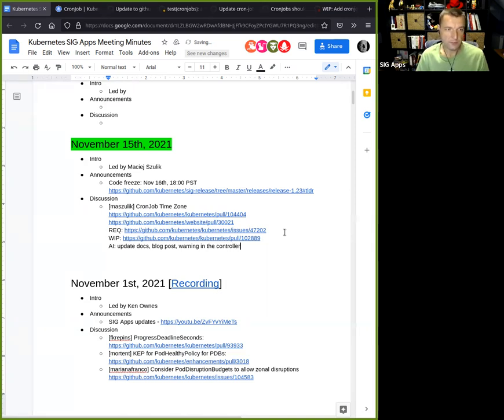I'm not hearing any objections, so I'll probably go with that, and I'll make sure that this lands before we hit the code freeze tomorrow. I'll also make sure that this warning goes back into 1.22 as well, since that's the version where this was exposed, and the same will apply for docs. And then I'll try to put together a blog post explaining this entire situation.